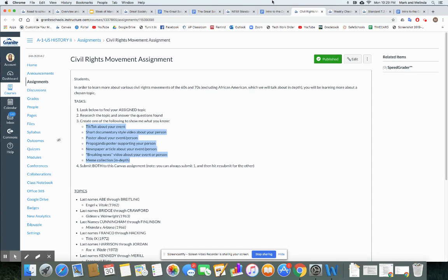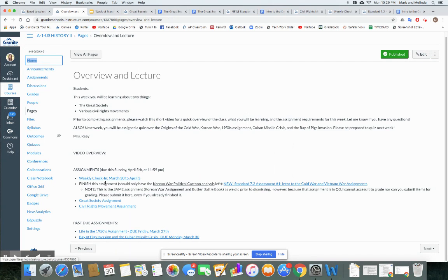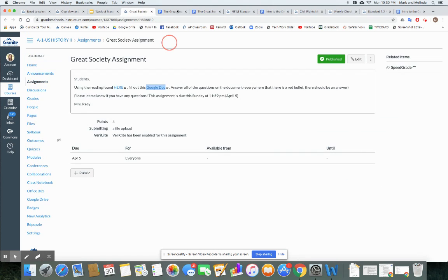There's another assignment though that you do need to do, and it's very, very quick because you're already almost finished with it. Now, this assignment is one that we actually started prior to dismissing. So you should be able to easily find this in your Google Drive. If you look at the overview, it's down here called Finish the Assignment, and it says New on it. I had 9 of you already submit this. However, that assignment was in Q3, and I'm not allowed to access it anymore. So if you're one of those people, just go ahead and resubmit it here. But if not, you should already be done with this assignment.